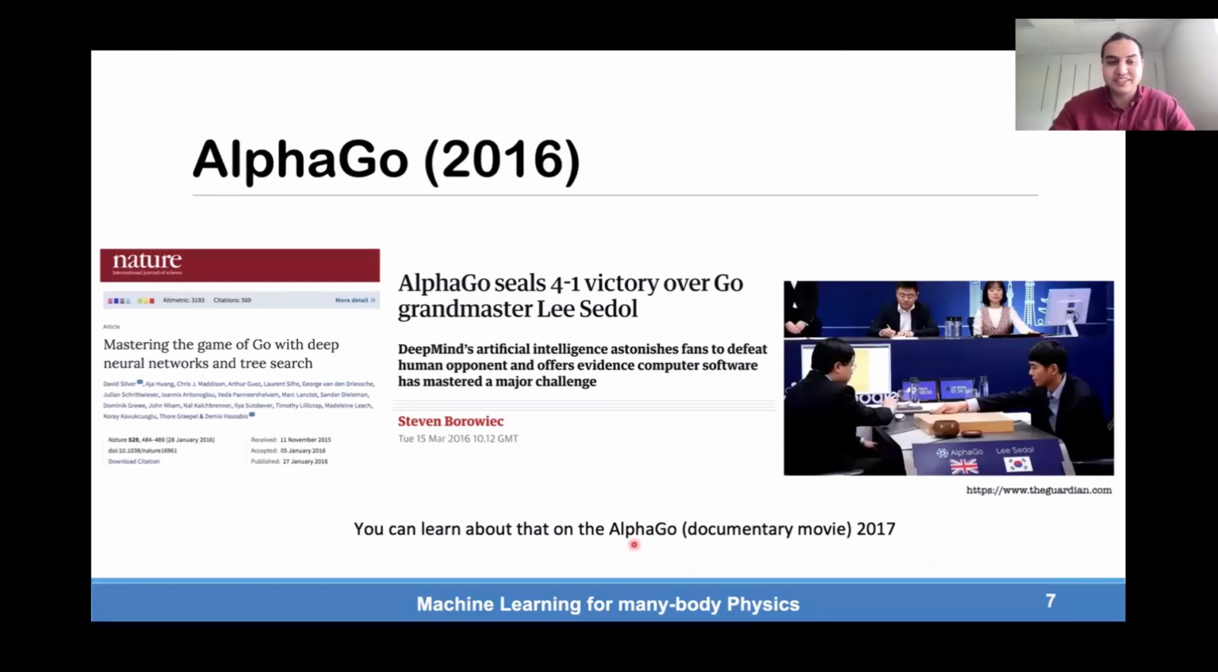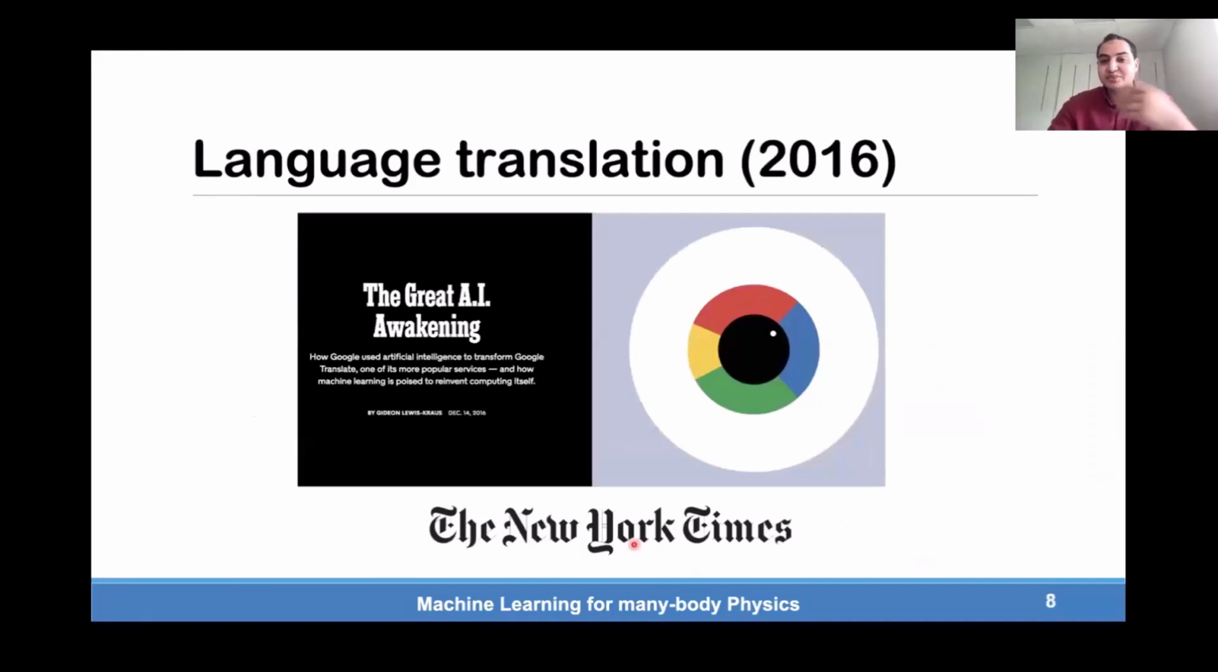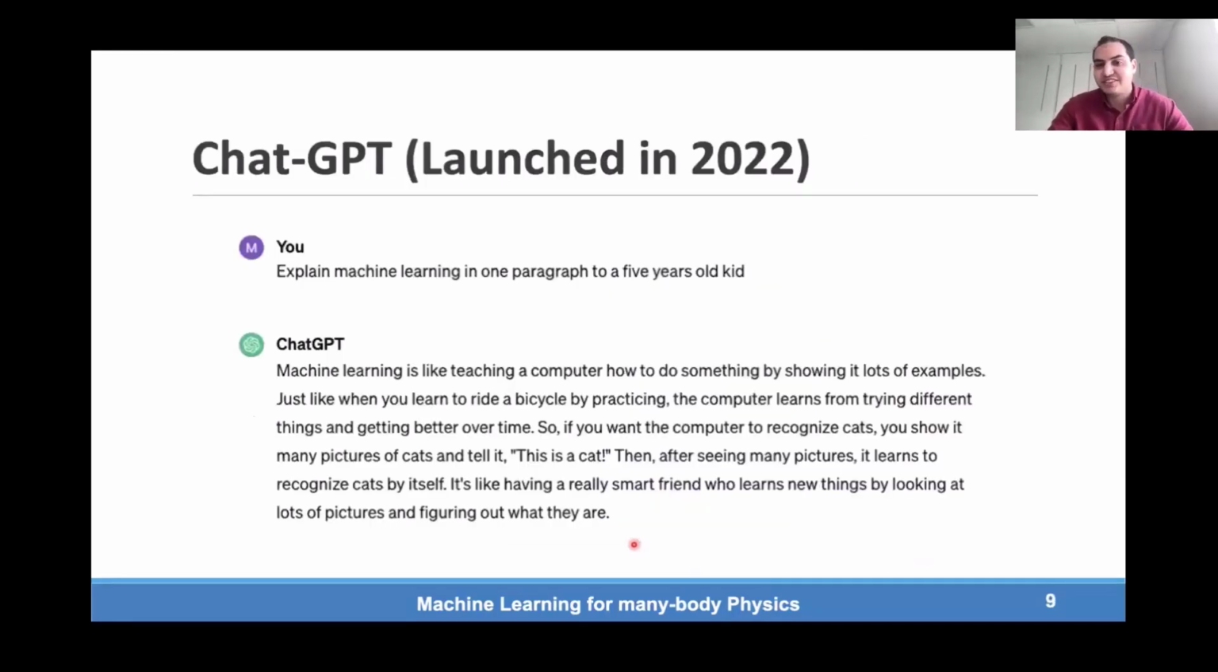more about this. And this interest in machine learning was even more amplified with language translation, where this post in the New York Times highlighted the quality of Google Translation that was enabled using tools from machine learning. And I guess most of you know that this is getting even more interesting